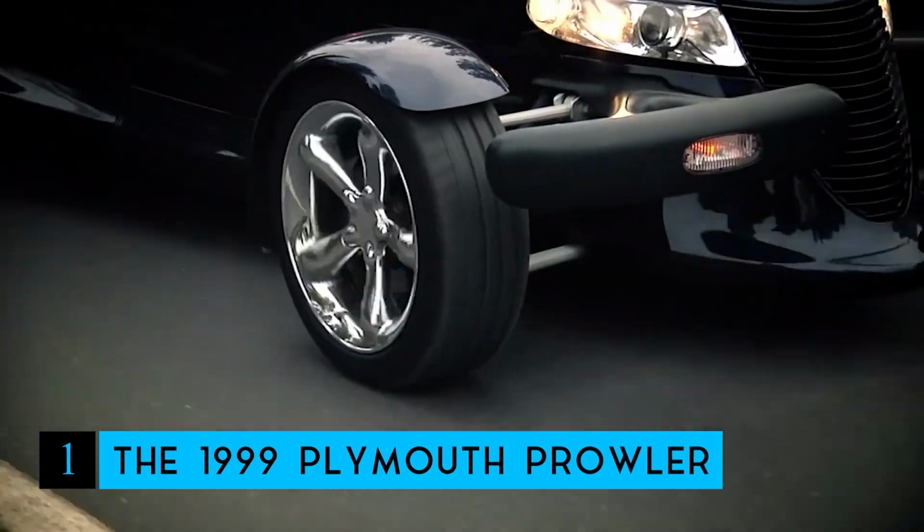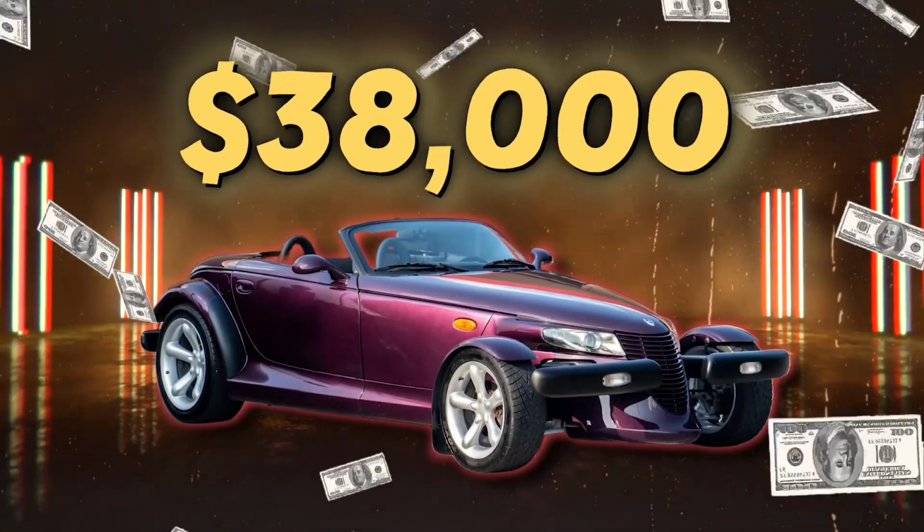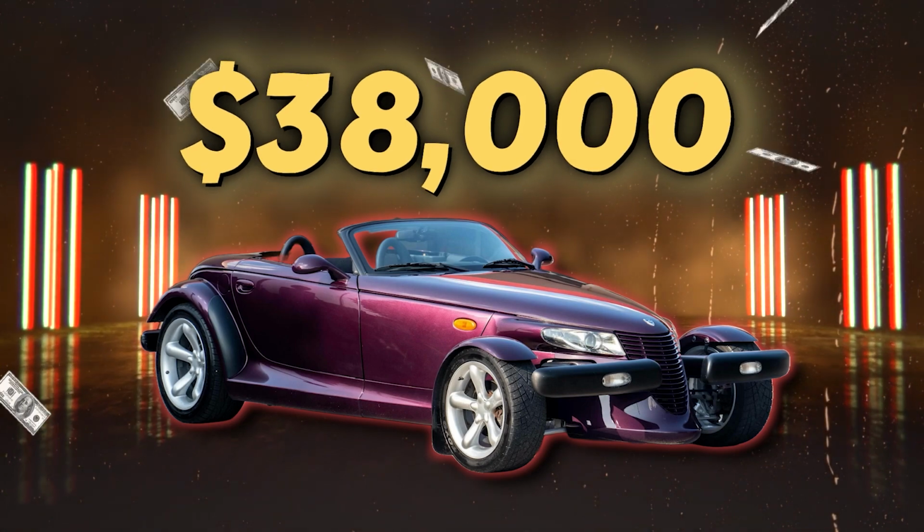Number 1, the 1999 Plymouth Prowler. Starting with the cheapest in this lineup, we have the $38,000 1999 Plymouth Prowler, and this is the only one